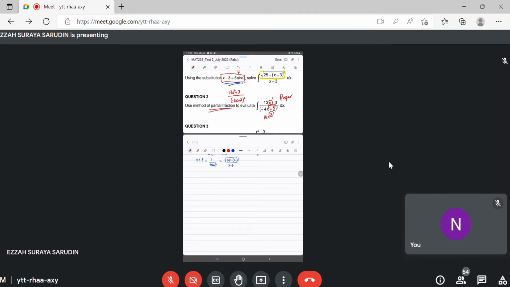Okay, contoh macam ni. Saya tambah x dekat numerator atas. So kita ada 13x squared plus 3 over (negative 4x plus 2) squared. Okay, so kalau kita expand yang bawah, kita akan dapat